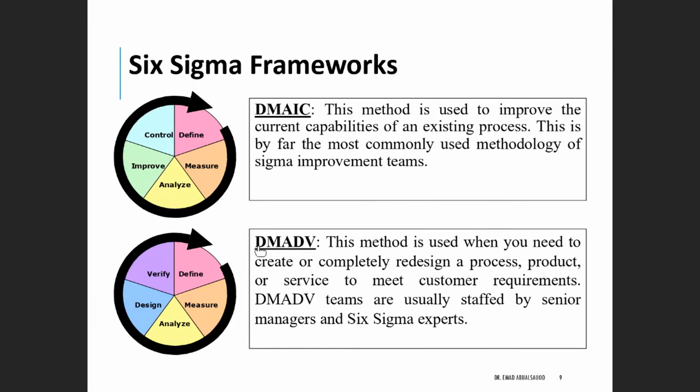There is a recorded session on the channel. You can watch it, and it talks about Design for Six Sigma. So DMAIC is for an existing process and DMADV for a new process. And when we say process, whether a process or product or a service, at the end it is to meet the customer requirements and reduce variability, definitely.